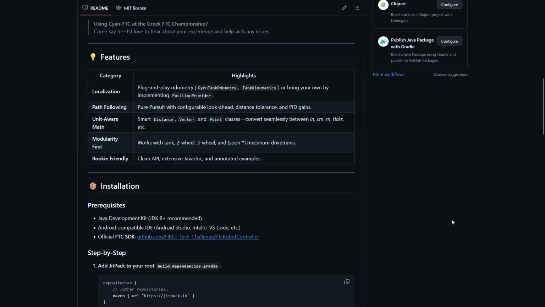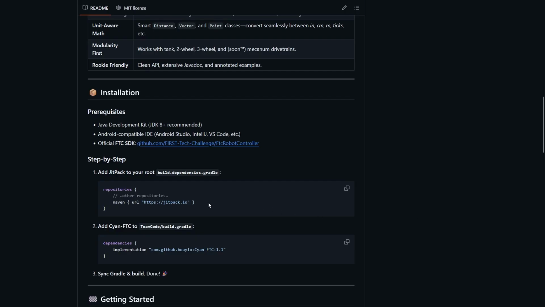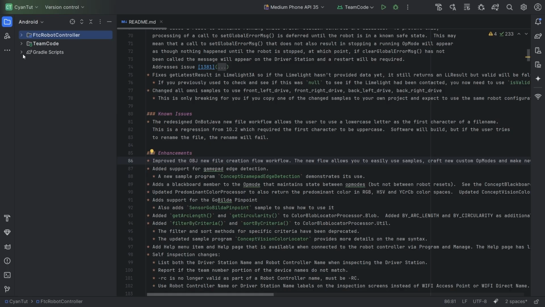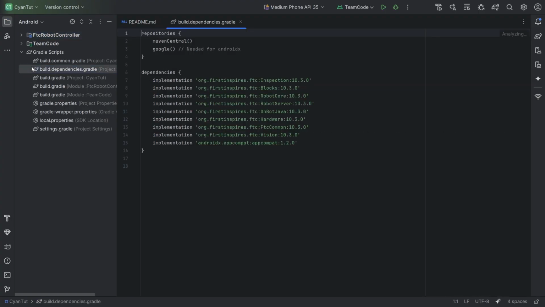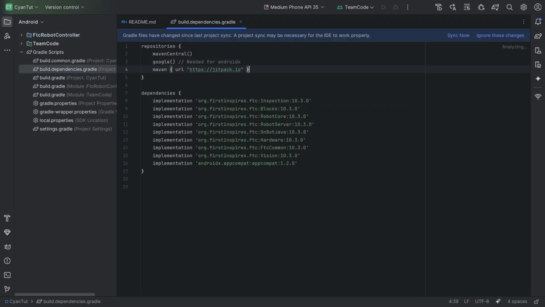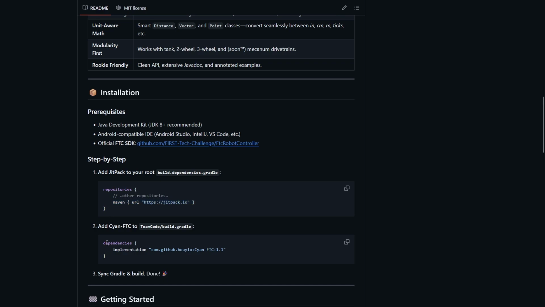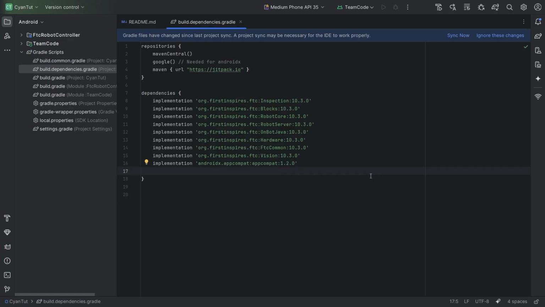First, you're going to navigate to this GitHub repository and copy this text. Then, go to your Gradle scripts and find build.dependencies.gradle. Then, paste it into the repositories. Go back to the GitHub repository and copy the other string and paste that into the dependencies code block. Then sync the changes